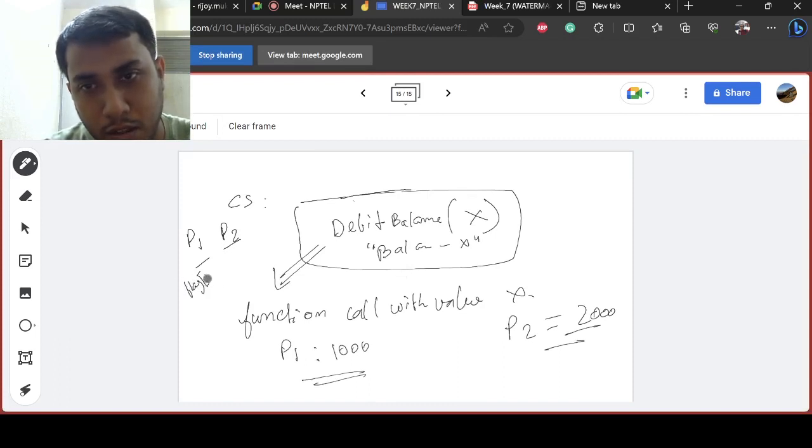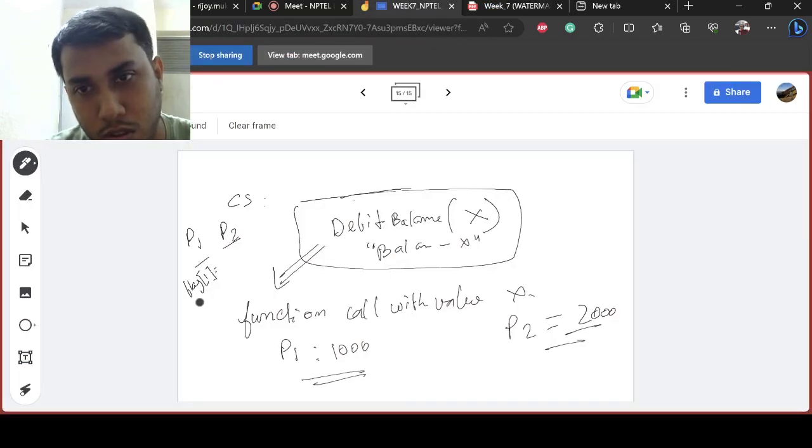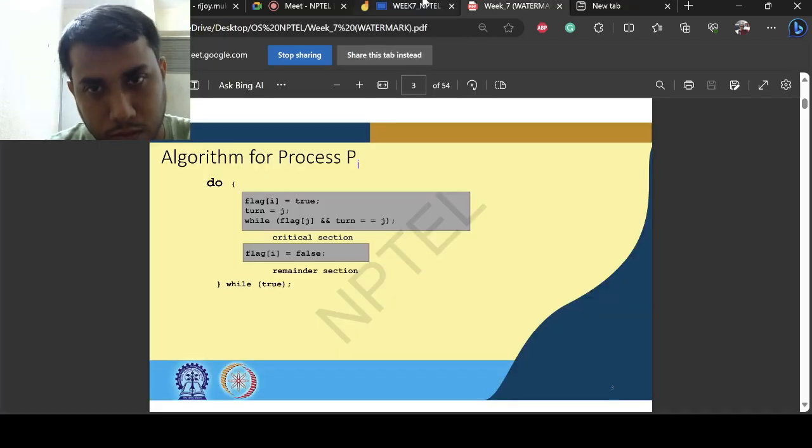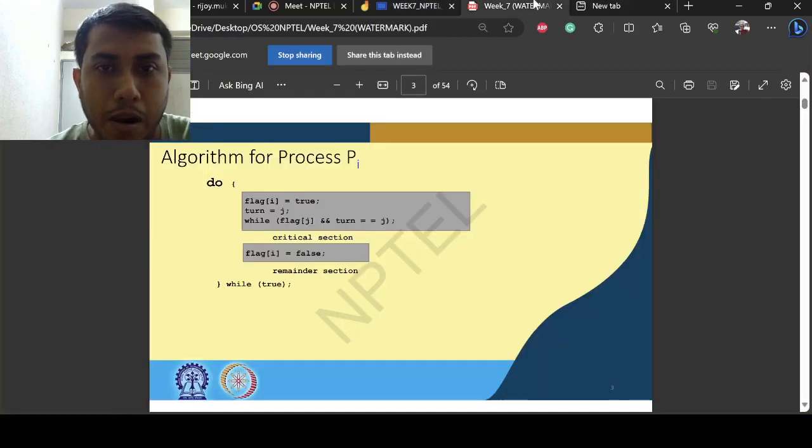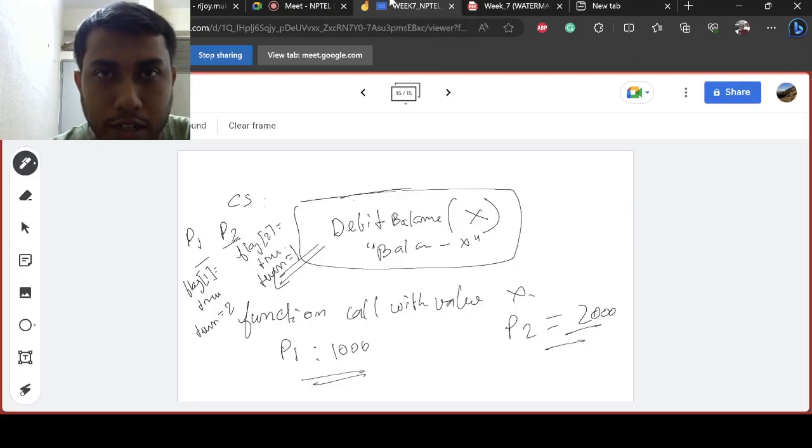Flag 1 is equal to true, flag 2 is equal to true, right? And turn is equal to 2, turn is equal to 1. So whenever any one of them reaches the critical section part, the condition here for P1 is